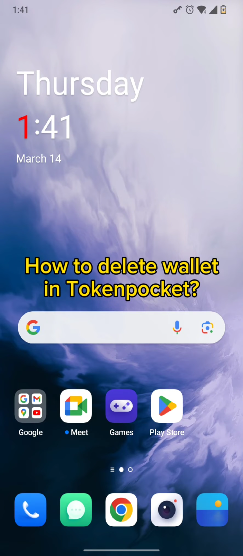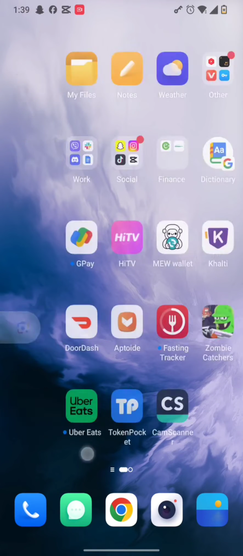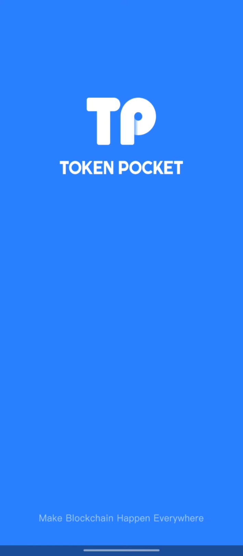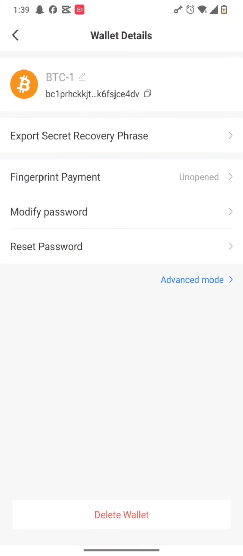So to delete any kind of wallet that you have created in TokenPocket, all you need to do is simply first of all open the app itself. Once the app gets opened up, you will end up on this page where you can simply tap on the BTC option right over there. Here you can find the delete wallet option, so simply tap on delete wallet and hit